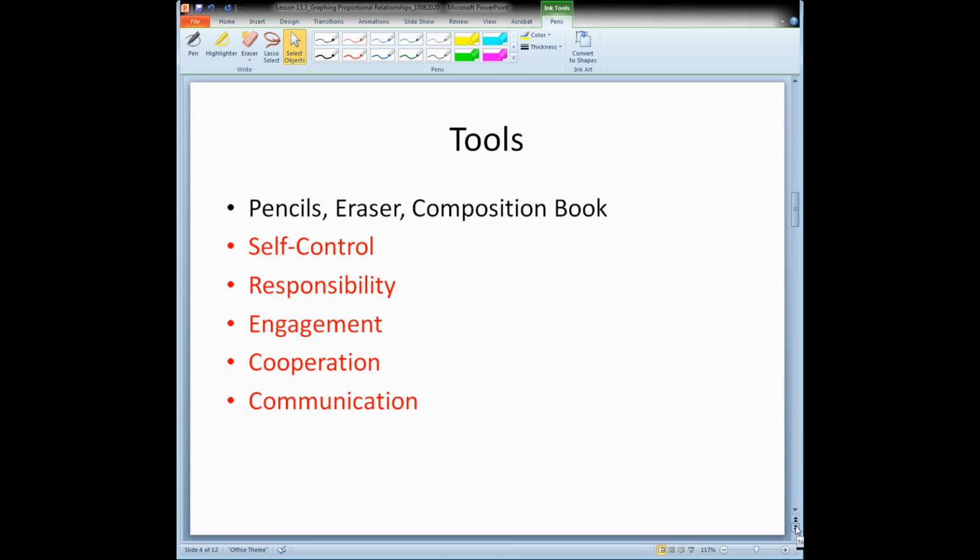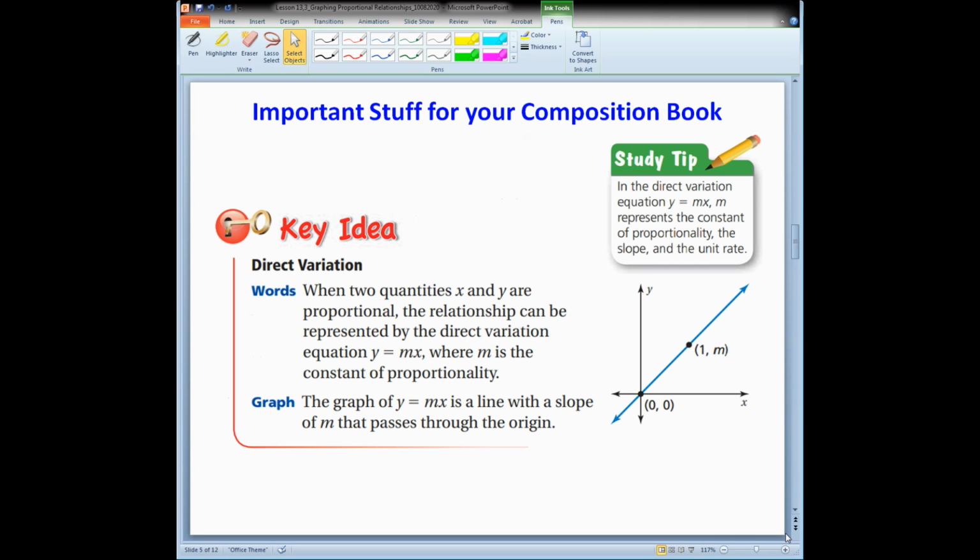You got to have some tools, you can't get the job done without your tools. All right, so let's move on to the next slide. So here is what direct variation is. When two quantities, and since we're moving into algebra, we're going to think algebraically, are variables, x and y. Why do we use x and y? Because we're talking about graphing in this chapter, graphing lines. So it makes sense that we use x and y as our variables. So when x and y are proportional, the relationship between x and y